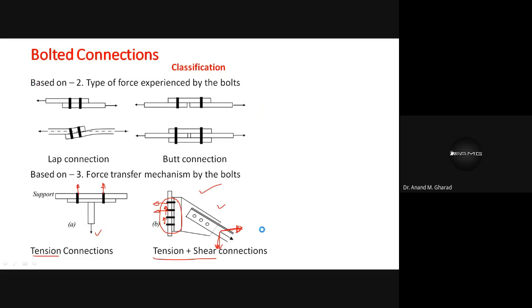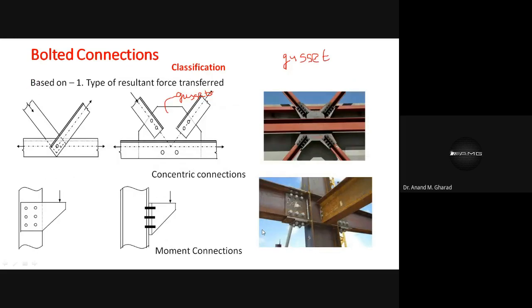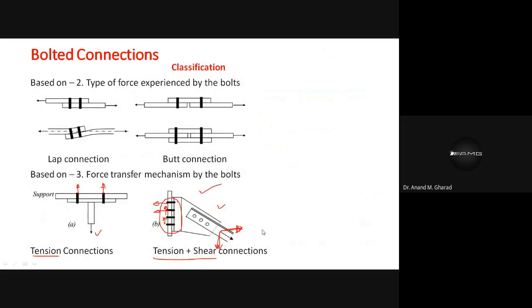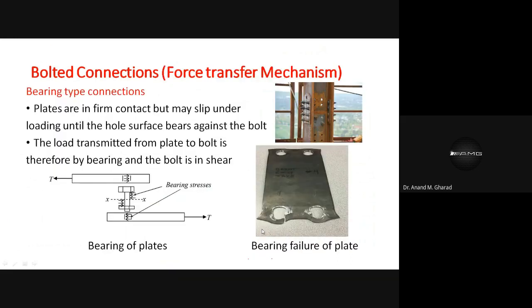So have you understood the classification? Very simple: concentric, moment type, lap, butt, tension, and tension plus shear. Then, what are the different bolted connections based on force transfer mechanism? First is known as the bearing type connection. So over here you will understand the significance of